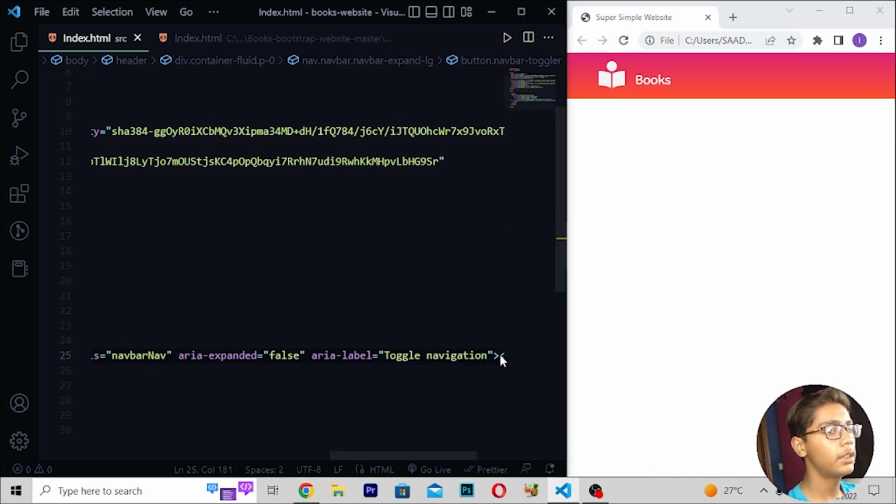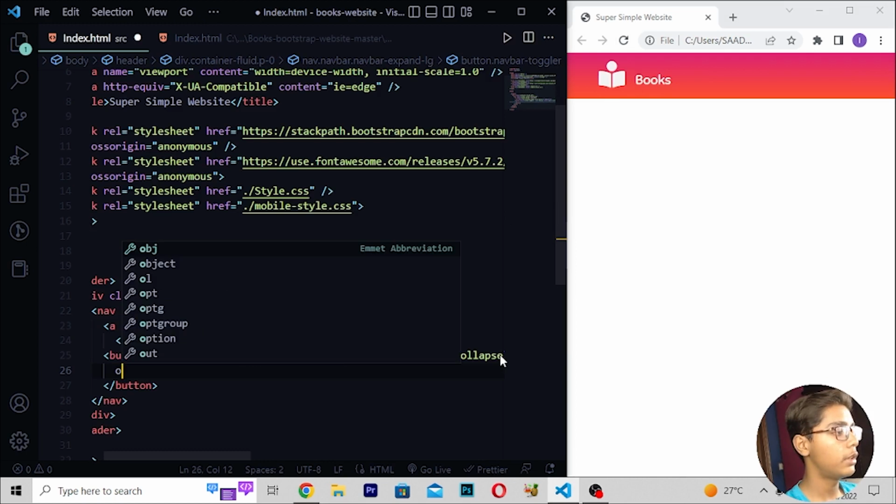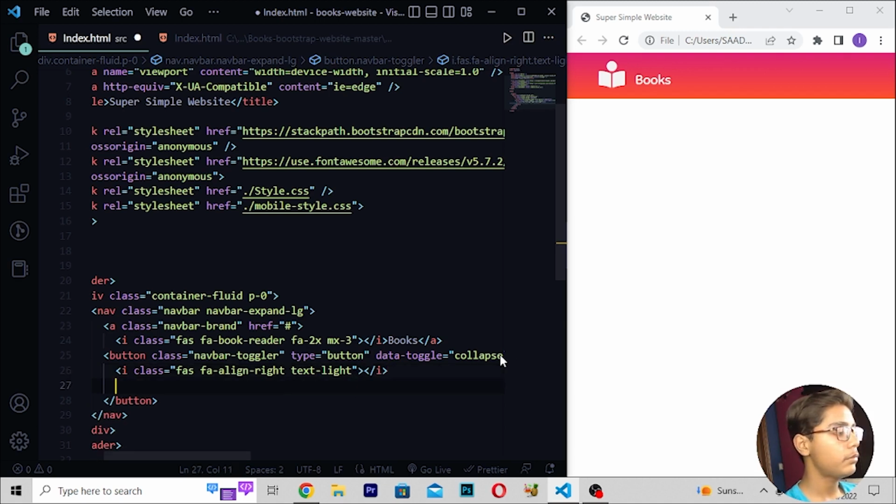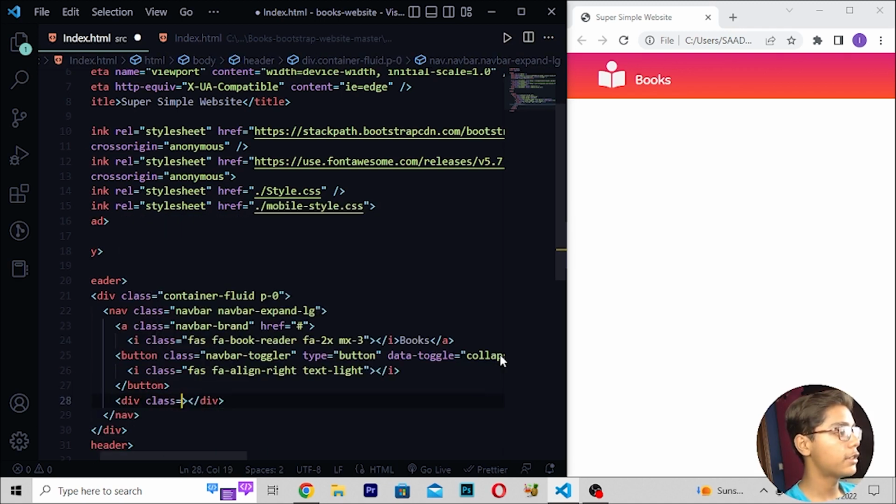Now when you're getting this, here I will now move down, right here i tag. Then in this i tag you have to write class, which should be fas fa-align-right text-align like this. Then when you've written this thing, here I will now write text-light. Then here I will move down, right here div class collapse navbar-collapse. Then when you've written this, here I will now write id navbarNav.